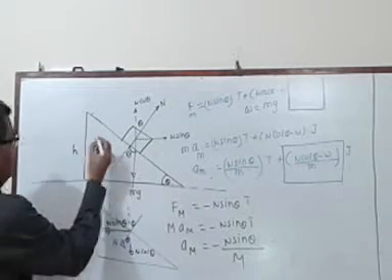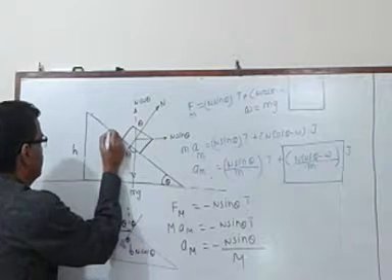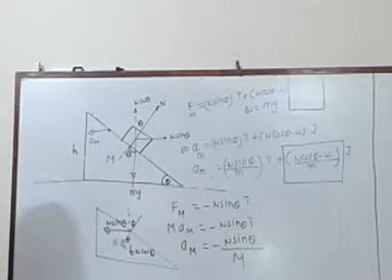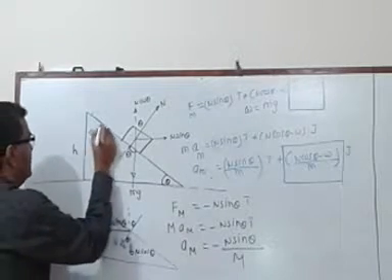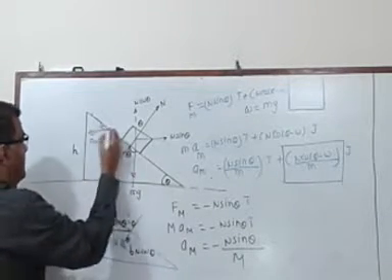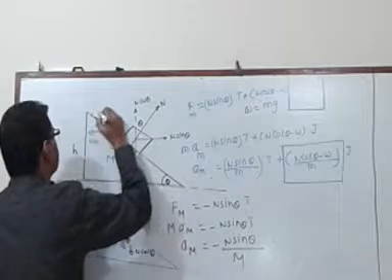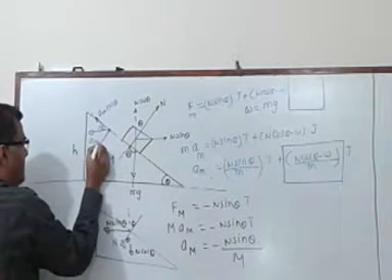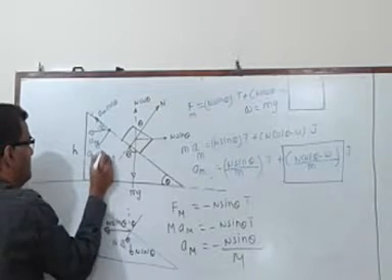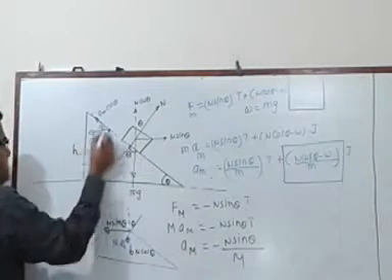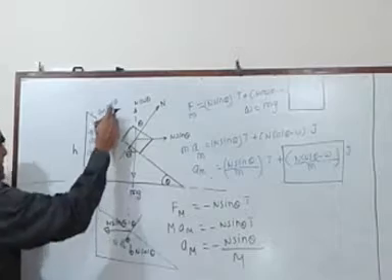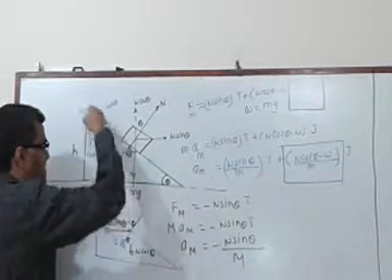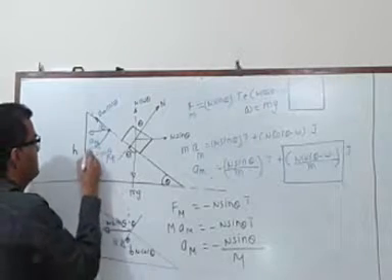Let us consider a point over here which is moving to the left with an acceleration A capital M. This angle is also theta, and they are corresponding angles. So if I resolve this into two components, this is going to be A M cos theta and this is going to be A M sin theta. The acceleration of this particular point in the direction perpendicular to the plane of the wedge is A M into sin theta.